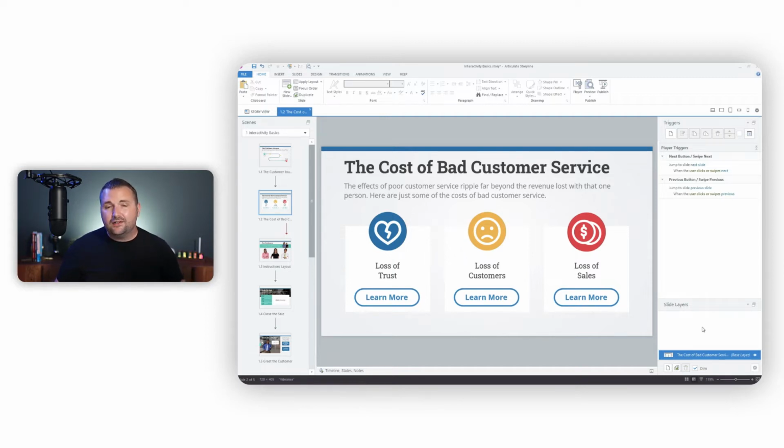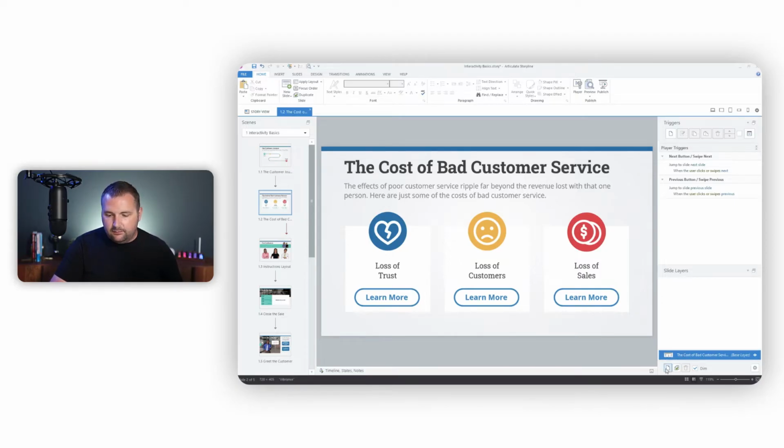But slide layers essentially allow you to create slides on top of your slides, like a transparency on an overhead projector, all right? So keep that concept in your mind as we think about slide layers. It's like a transparency, okay? So let's create a couple of slide layers. So here's my slide layers panel. I'll make it a little bit larger here. And we have our base layer here. This is the slide that we're on,